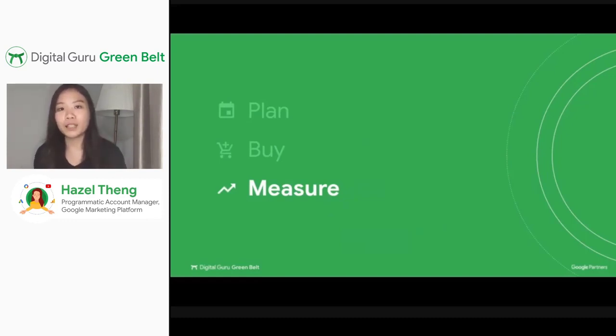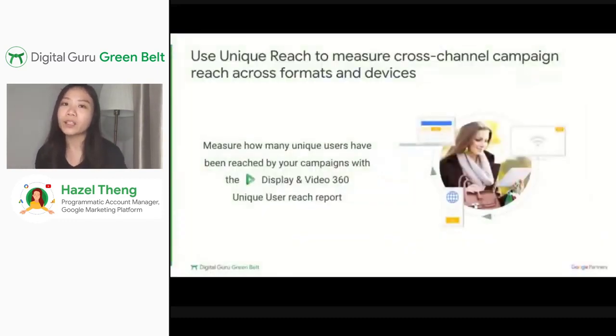What do we mean by measurement in this case? So for one, DV360 actually allows you to measure cumulative reach across multiple channels and inventory types. Instead of getting one report from publisher A and a second report from publisher B, and then a third report on YouTube reach from Google Ads, for example, DV360 actually allows you to pull a cumulative reach report across these 3 different channels, across your YouTube as well as your non-YouTube buys, as long as these buys are consolidated into the single platform DV360.